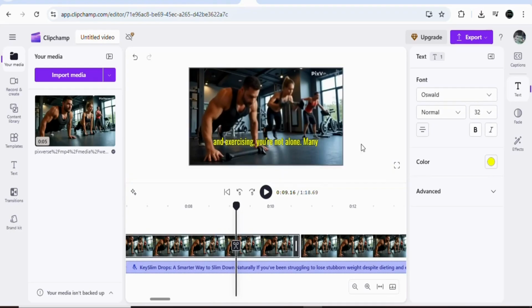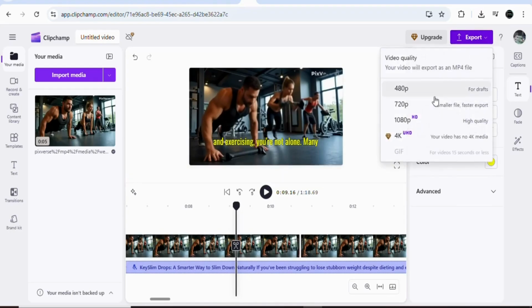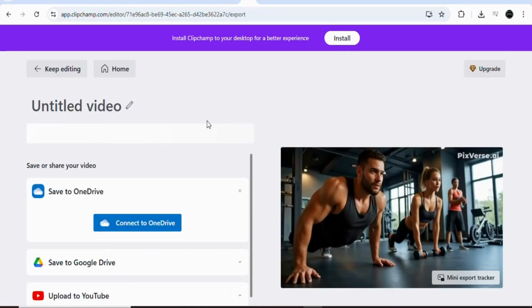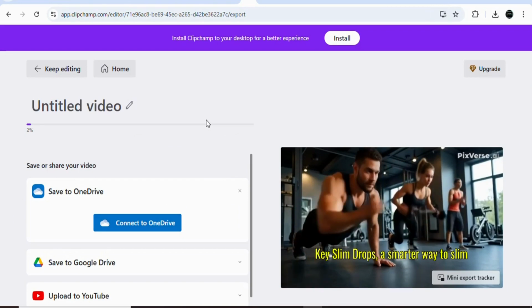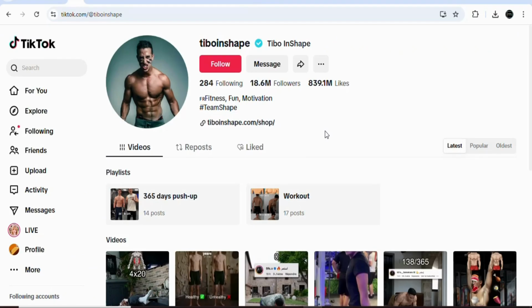Now once you have your video created, click on export. Once you click on export, select high quality. Your video is exporting. You have to wait for some time so that it can be exported onto your device. Once your video is exported, the next step is that you have to upload it onto your TikTok accounts,